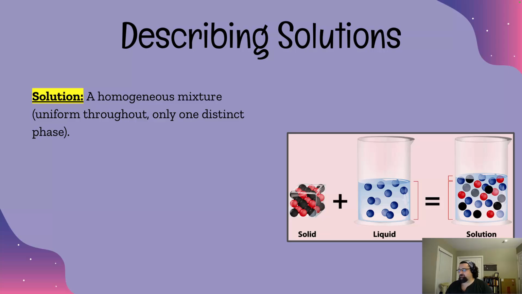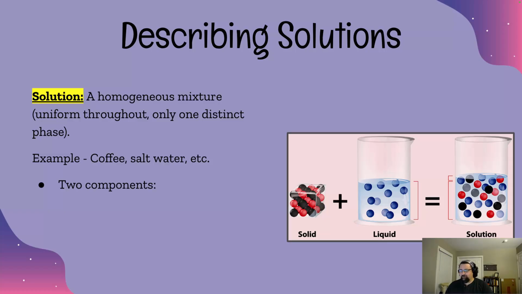What is a solution? Well, we're going to say it's a homogeneous mixture, which means that it's uniform throughout. There's going to be only one distinct phase. Some examples are coffee, salt water, sugar water, your Gatorades are solutions. It's pretty much endless. If there's something in water, it's a solution, and it doesn't have to be water. It could be other liquids, but as water being a common example for us, anything in water would be a